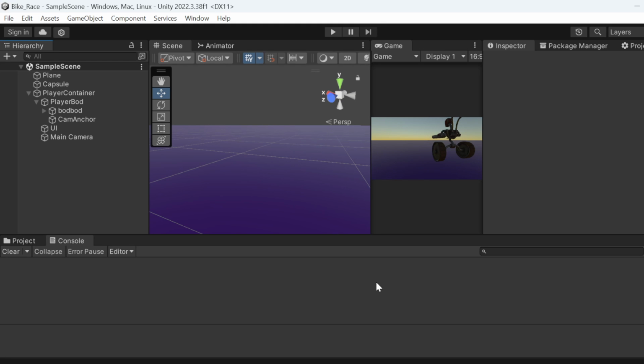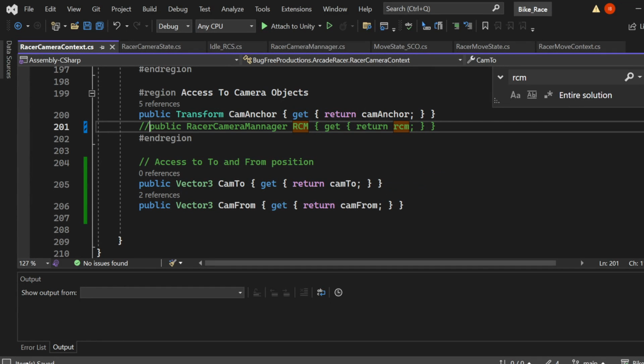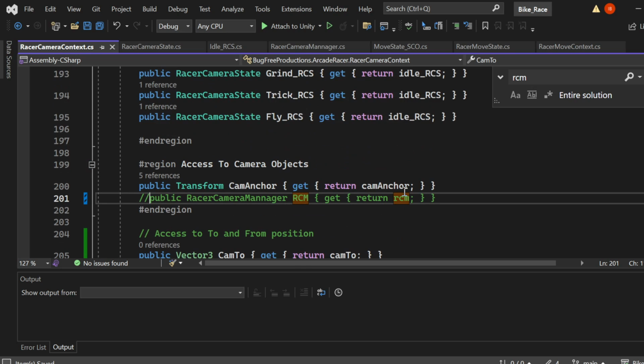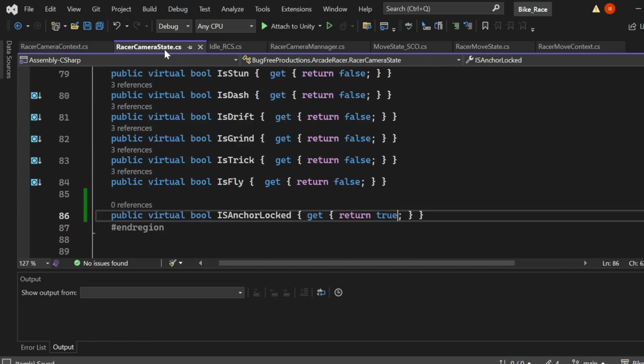Yeah, so the camera manager's working. We just gotta tweak and tweak and tweak until we make it a little bit better. If you wanted to leave it here, you absolutely could. That's pretty good. But my racer camera state,